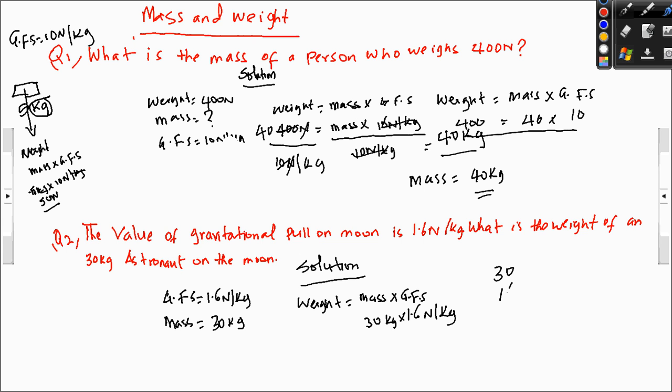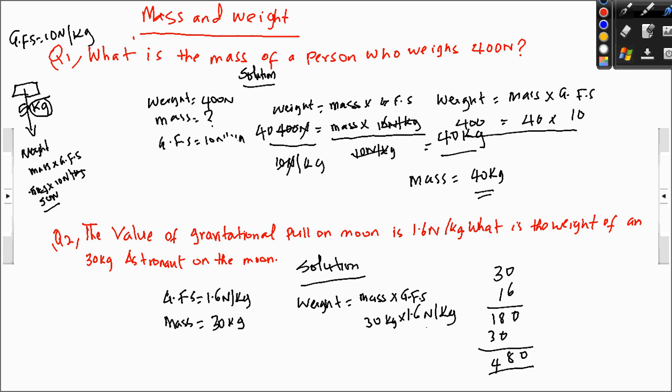30 times 1.6. Let's ignore the decimal point now. 6 times 0 is going to give you 0. 6 times 3 is going to give you 18. 1 times 0 gives 0. 1 times 3 is going to give you 3. So this is going to give you